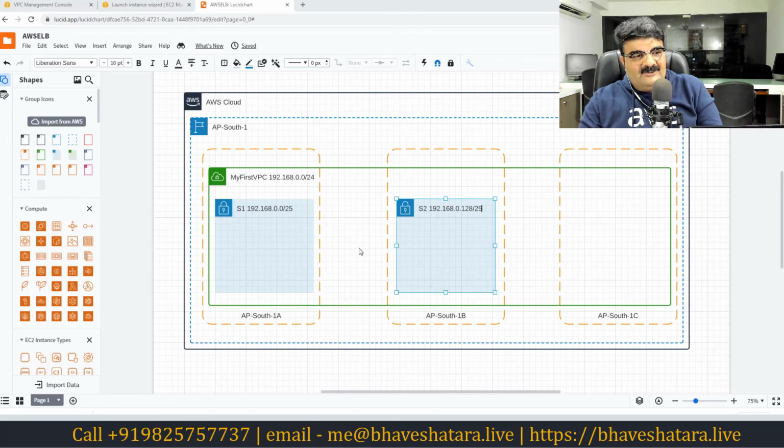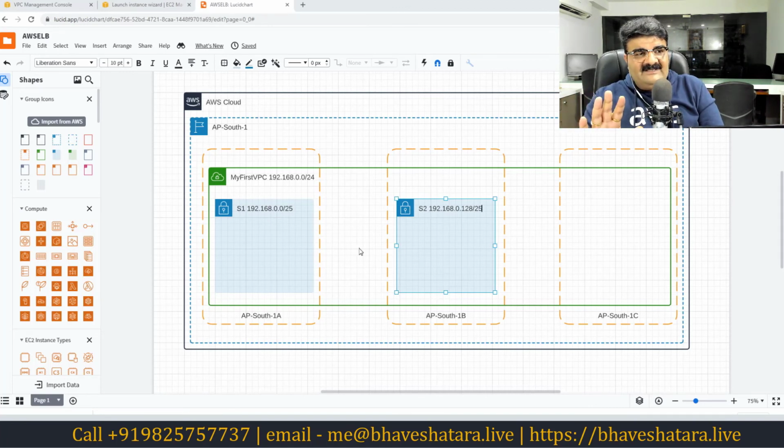Yeah, you can do it, it is good. But sometimes what happens, like I plan everything. My EC2 instances and everything is there in AP South 1A and B, like in subnet 1 and subnet 2. Now I cannot delete my subnet if you have resources. If you have resources inside the subnet, you cannot delete it. So the problem is, in this case, how can I use AP South 1C, because I cannot modify this, and now I want to use AP South 1C, right?